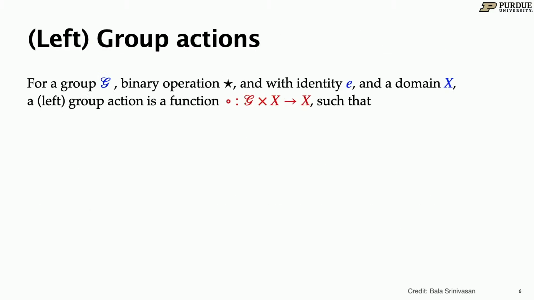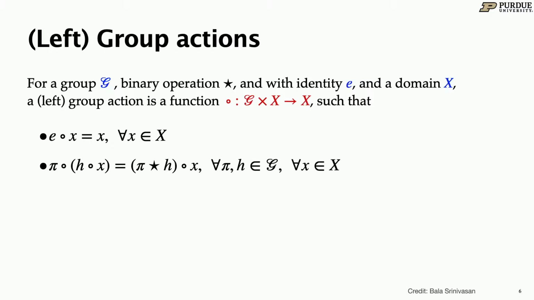And then how do we use this? We use this through group actions. In a group action, I give you the group element and some input space, and the group element acts on the space to produce some output. If you do it with the identity, you get the same thing. A property of the group action is that if you compose transformations, so x is transformed by h and then by pi, I could do the group operation between pi and h first and then apply it on the space.